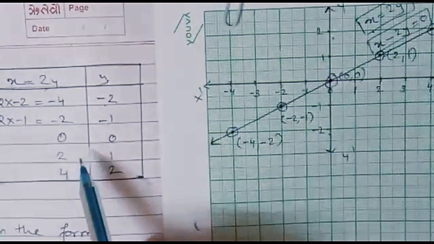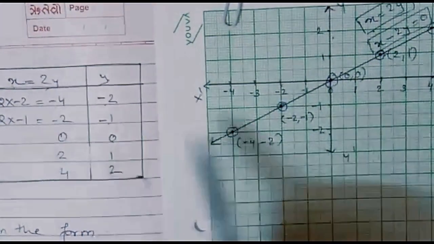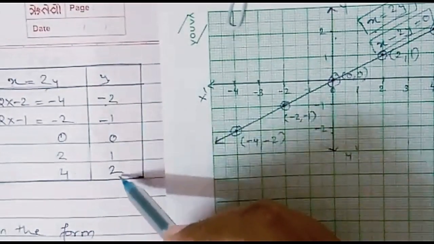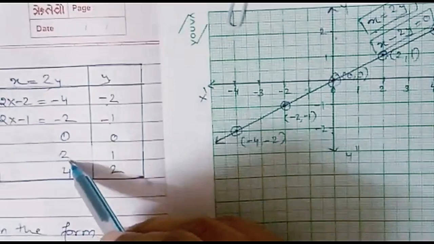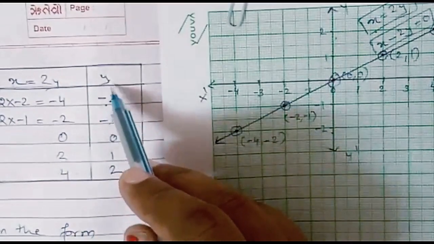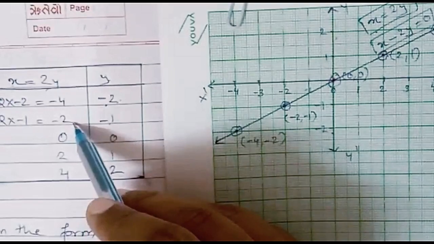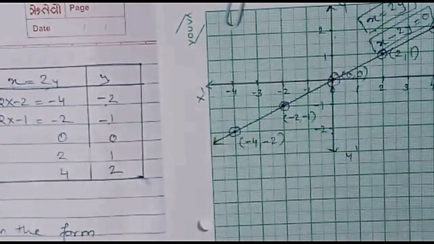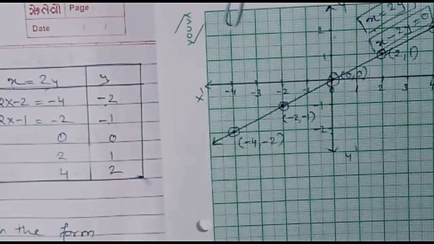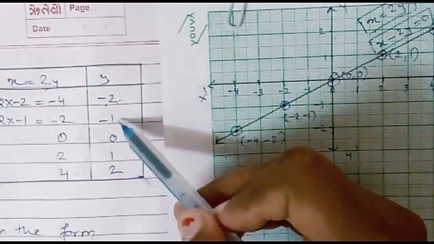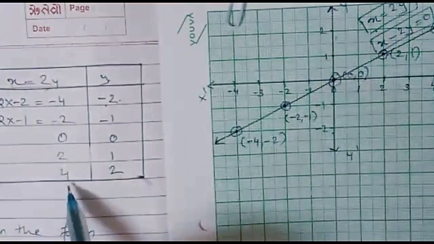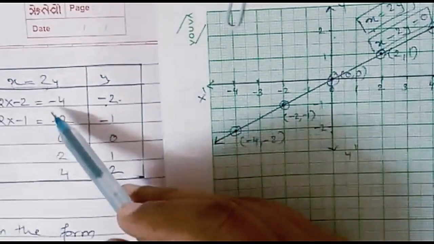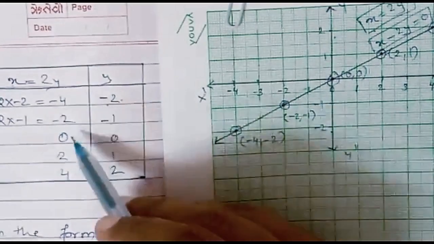Remember, in our last lecture, we did this representation of a linear equation on a graph paper. You saw that I had taken 5 values of y and I got 5 different values for x, right? It's not necessary that if y is decreasing, x will also decrease. It depends on the equation, whether the linear equation is in direct proportion or indirect proportion. I had chosen only 5 values of y, so I got 5 different values of x. Suppose if I choose 10 values of y, I will get 10 answers for variable x.